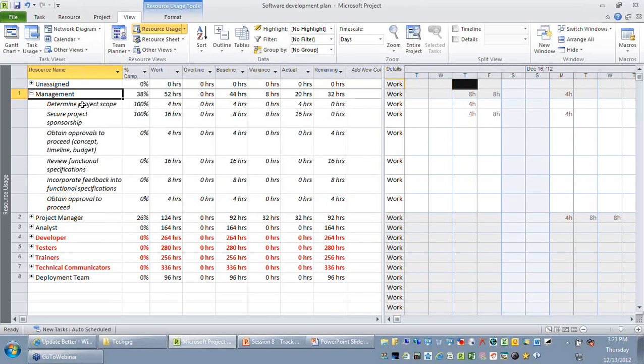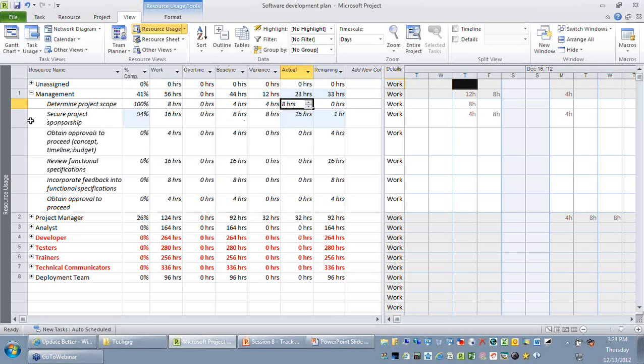For example, if you look at the determine project scope, which has been assigned to the team called management, this activity is 100% complete. The total effort you have spent is 4 hours, and what has been approved by the customer is also 4 hours. So the variance is automatically 0. If you want to record it at an assignment level, you can go here. Naturally you would not have spent exactly 4 hours. Let's say you have spent 8 hours of time. So you can go ahead and revise it here also.